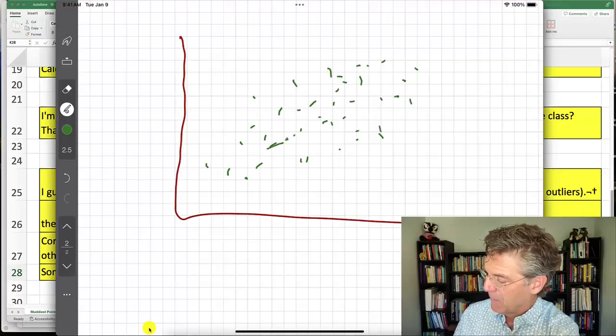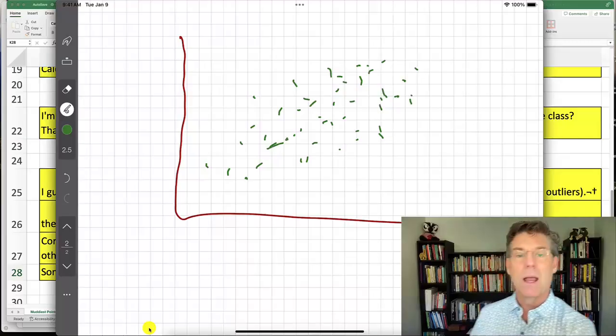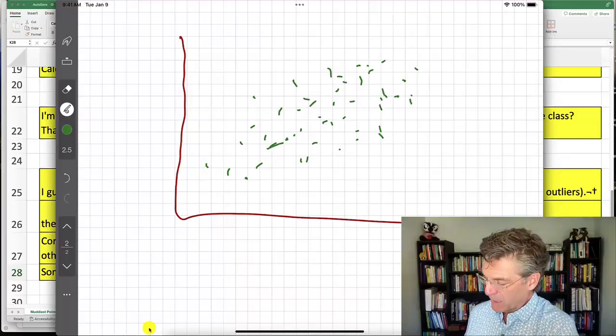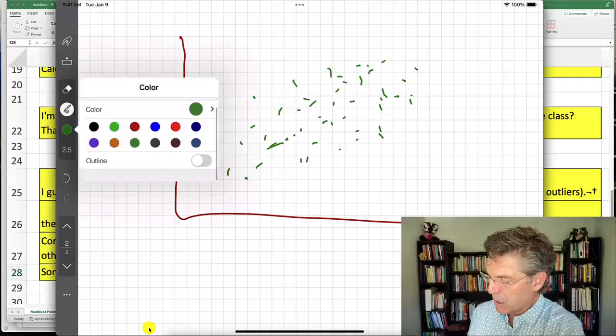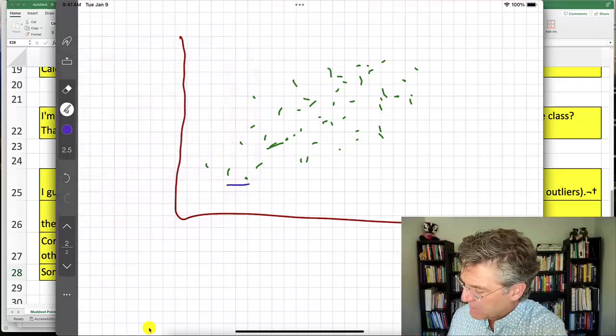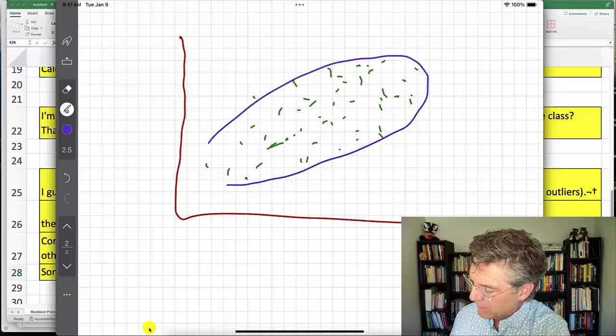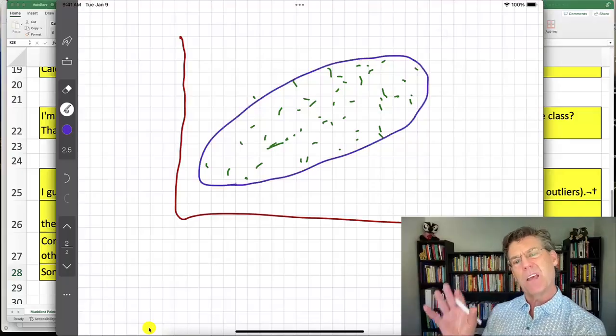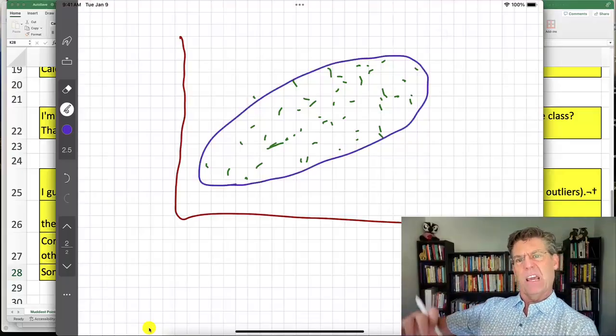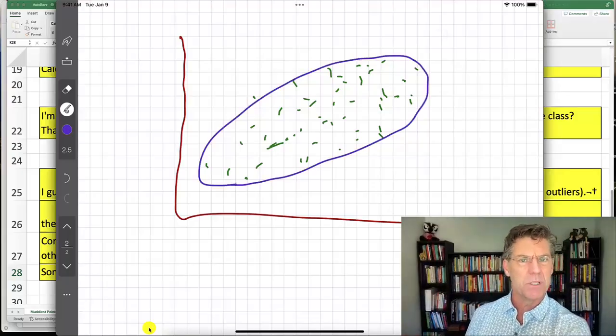Okay, so based on this, I might say, yeah, that seems like a pretty good, moderate to strong correlation. Now, again, sometimes it's helpful to draw a line around the data and look at the shape that you get. And this shape is kind of like a thick cigar-ish shape, so that puts us more towards the stronger.